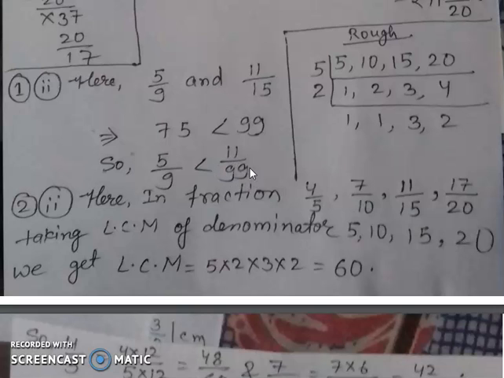Okay, so what will you be writing over here? Here you will be writing 11 by 15. 5 by 9 is smaller than 11 by 15, not 99, because this fraction is 11 by 15. These are minor human mistakes. Okay, you should understand that. And that's why this is also good.